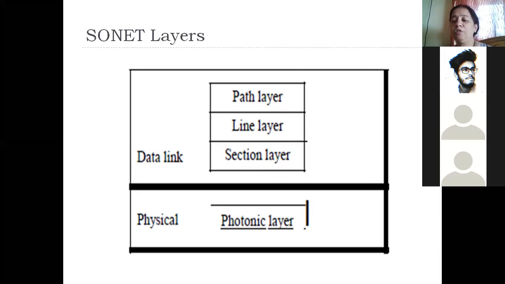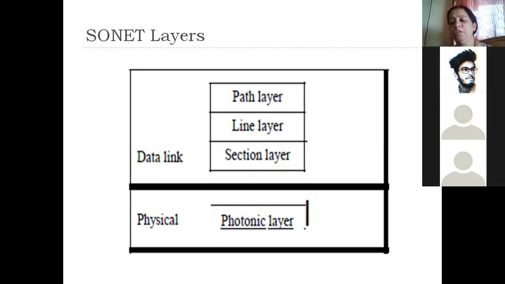standard. Why the name photonic? Because we are transmitting the data in the form of light. Light means photons. Okay, you have learned this in physics. So since we are transmitting the data in the form of light, that means presence of light will indicate a binary 1, and absence of light during a particular bit interval will indicate a binary 0. So how to transmit the bits? How long should the bits be there? What should be the bit interval? How long they should be there on the communication channel? Or physical transmission of bits,